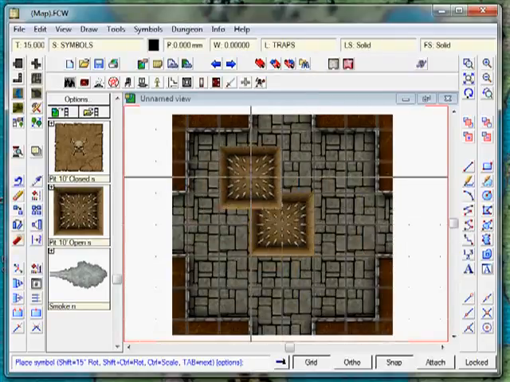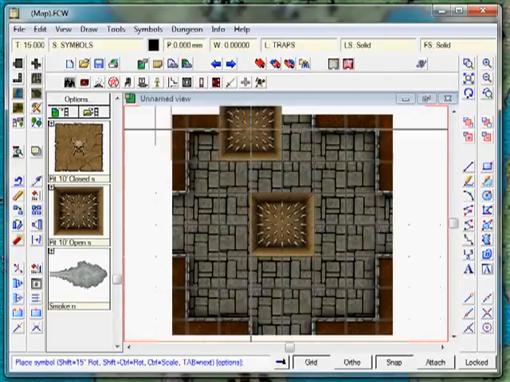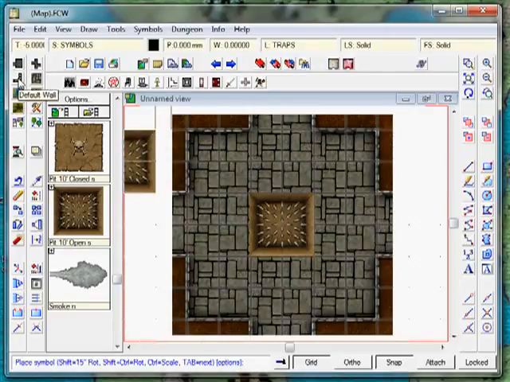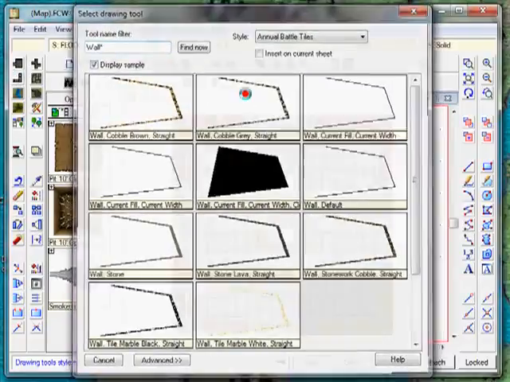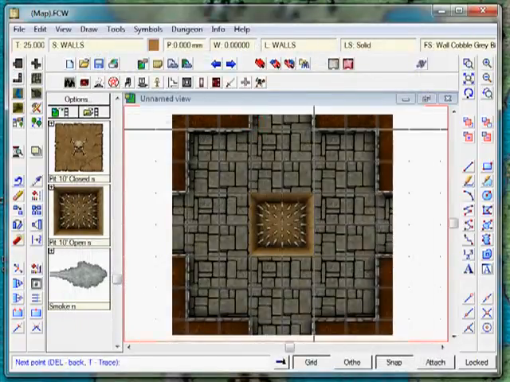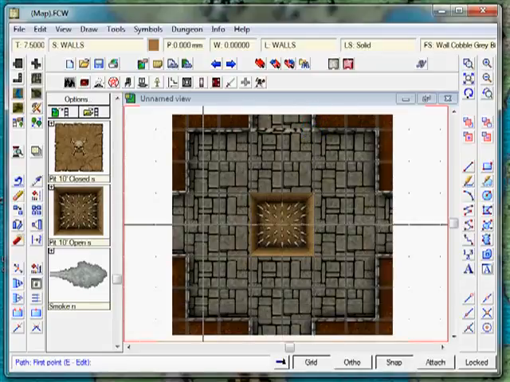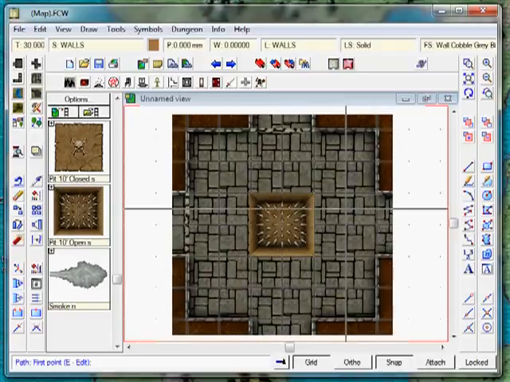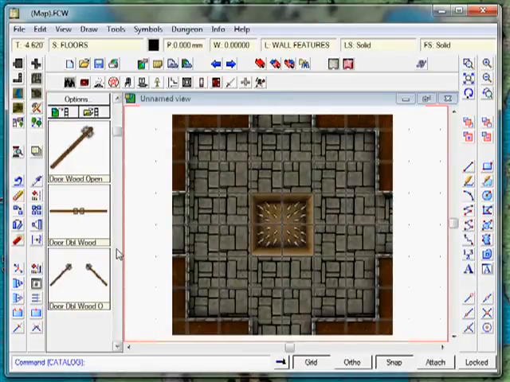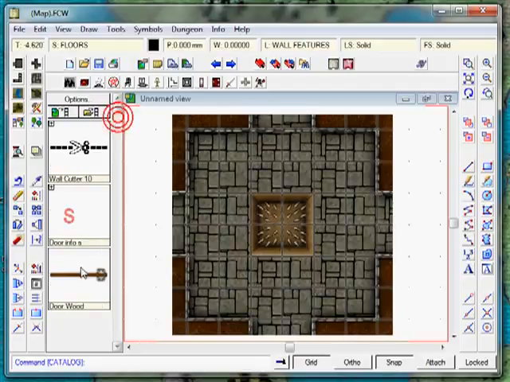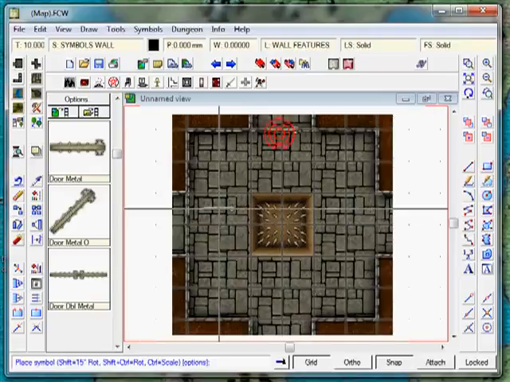Right, let's go and just finish up this room very quickly. I'm going to add some additional walls, so we're going to click on the wall function, select the cobblestone walls. I'm going to put a wall across here and a wall across here, but I'm going to leave these 2 open as open hallways. I'm then going to select doorways, and I'll just do a simple closed door. I want a nice metal door. There's one. I'm going to whack a door here,